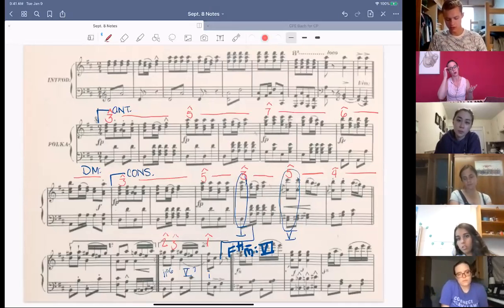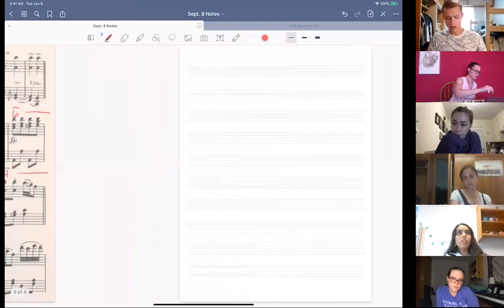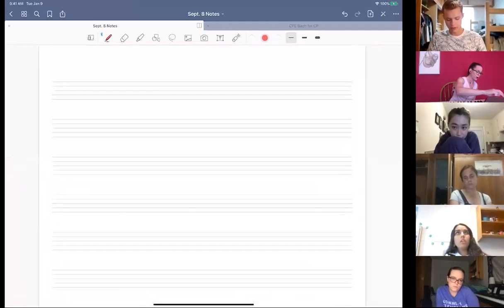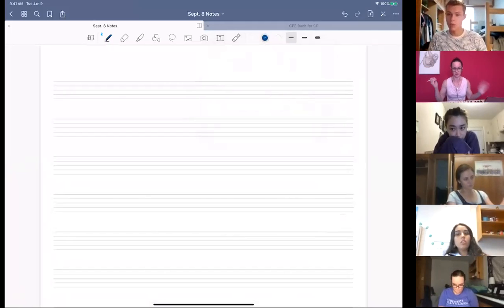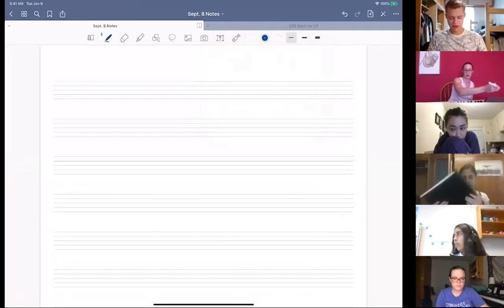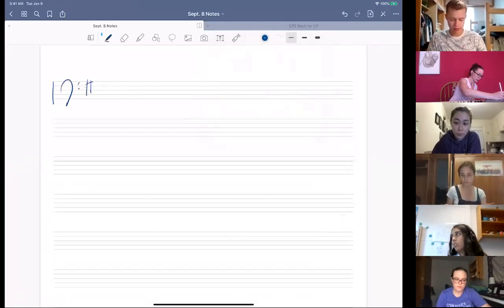That's exactly what we're going to do when we sing these chord progressions that we listened to on Thursday. We're going to take one of them now, and we're actually going to try singing it. So I'm going to bring us over to some staff paper, and you are welcome to jot this down or not. If you're like me and you have to physically write down anything to make it stick in your brain, then feel free to write this down, but you are under no obligation